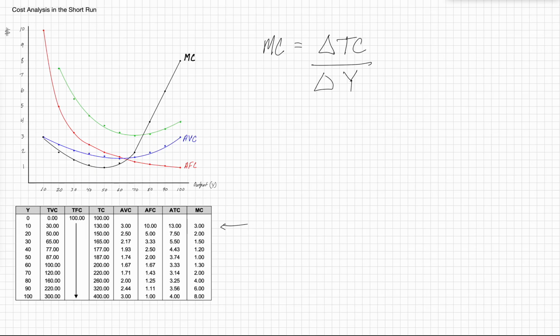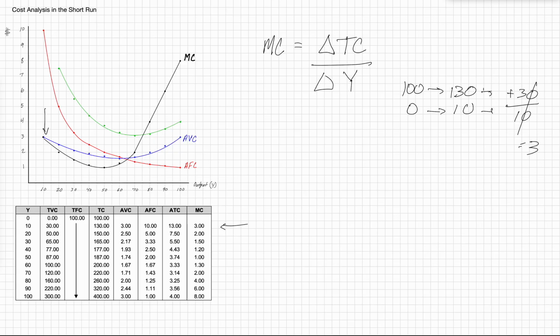We had a total cost go from 100 to 130, so that's going to be a difference of plus 30. And our output went from 0 to 10 during that period. So what was our marginal cost that we had incurred during that time? Well, 30 over 10, or 3 over 1, equals 3,